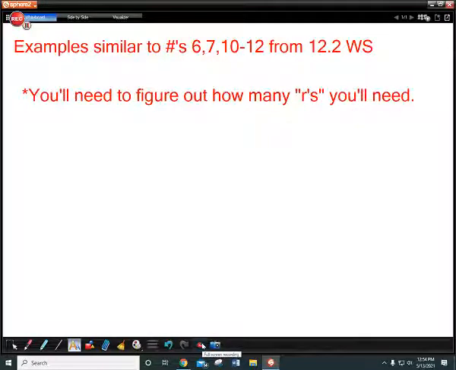In the homework for tomorrow, numbers 6, 7, 10, 11, and 12 give you a little bit different problem than what we have dealt with before. So for example, on number 6, let's take a look at that one. They give me the first term, so I've got 16, and they give me the third term, which is given as a 4. Now, usually they give you the first 2 terms, or they give you consecutive terms, but here they've got